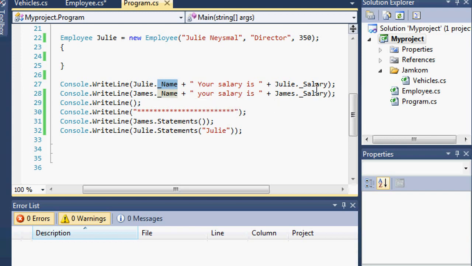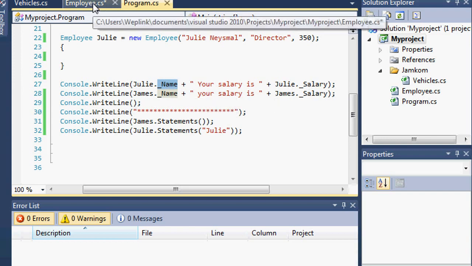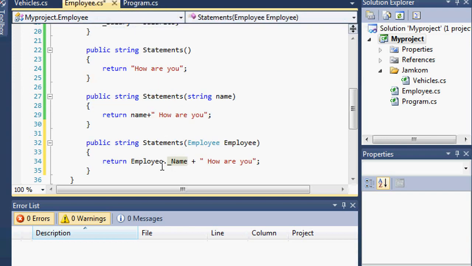All the employees will do the same, but we can have that in just one method. employee.name, and then we write here, your salary is,